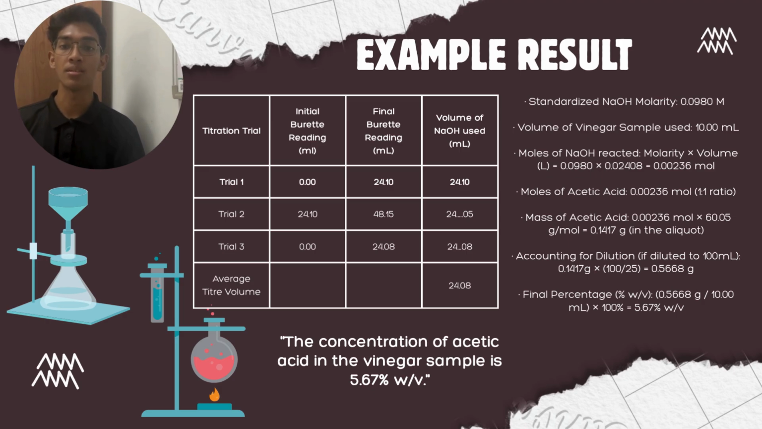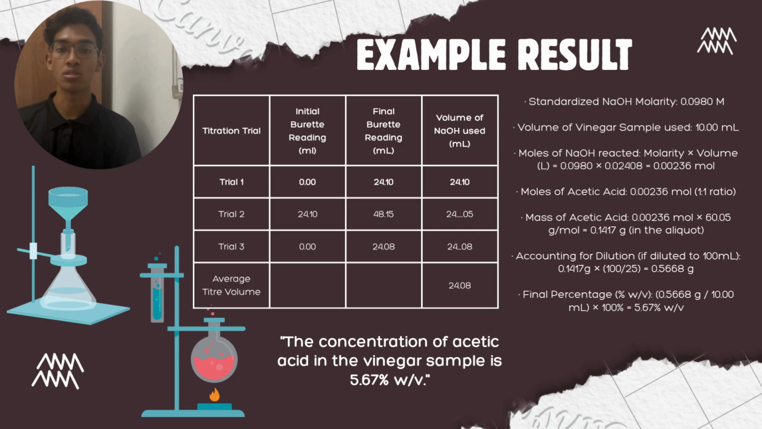The known data includes the standardized sodium hydroxide molarity of 0.0980 molar, a vinegar sample volume of 10 milliliters, and the stoichiometric ratio of this acid-base reaction, which is 1-to-1. Based on the calculation, the moles of sodium hydroxide that reacted were 0.0236 moles. Since the ratio is 1-to-1, the moles of acetic acid are also 0.0236 moles. After converting moles to mass using the molar mass of acetic acid, which is 60.05 grams per mole,